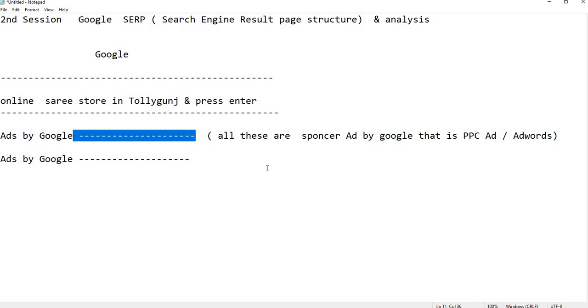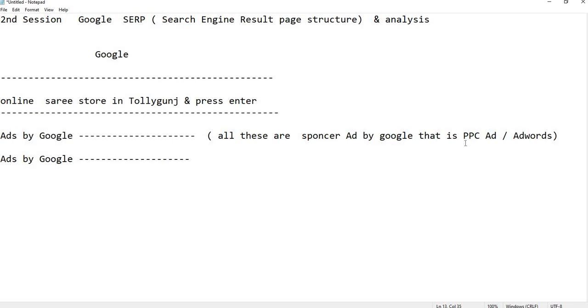Whenever you click on this ads link, it will be redirected to the mother website to whom the ad belongs, and for clicking that particular ad on a per click basis, Google will be deducting a certain amount from that particular website for whom the ad is launched.